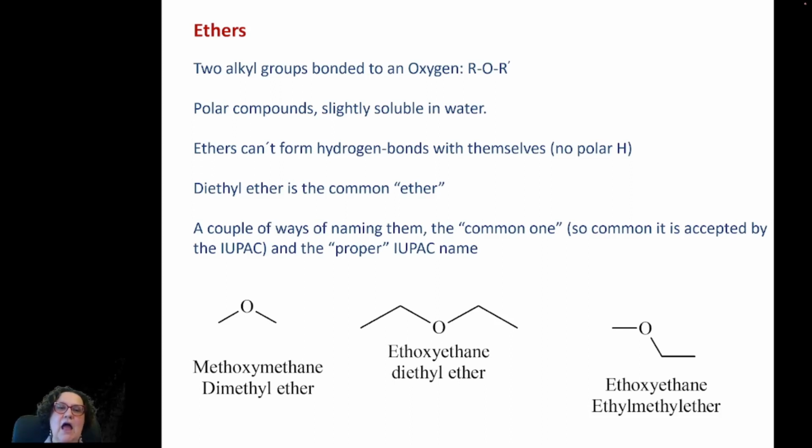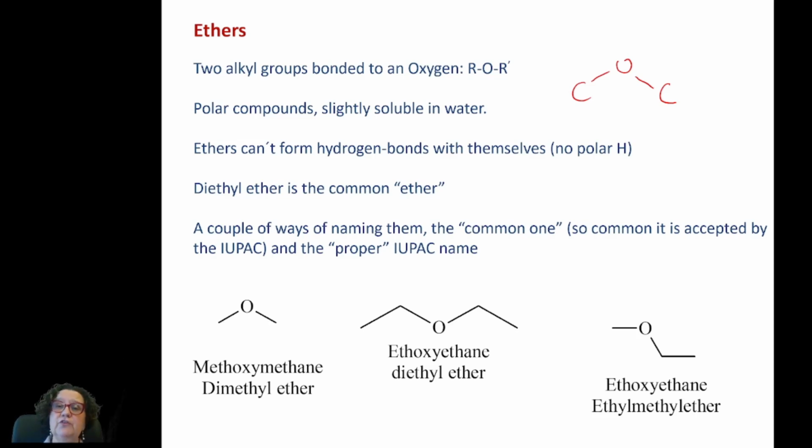Ethers. An ether is a compound in which the oxygen is in between two carbon atoms. It has this sort of V shape that the molecule of water has. And instead of having the oxygen attached to two hydrogens, or even one hydrogen like the alcohols, you have it in between two carbons. They are polar compounds because the sharing of electrons between the oxygen and the carbons is